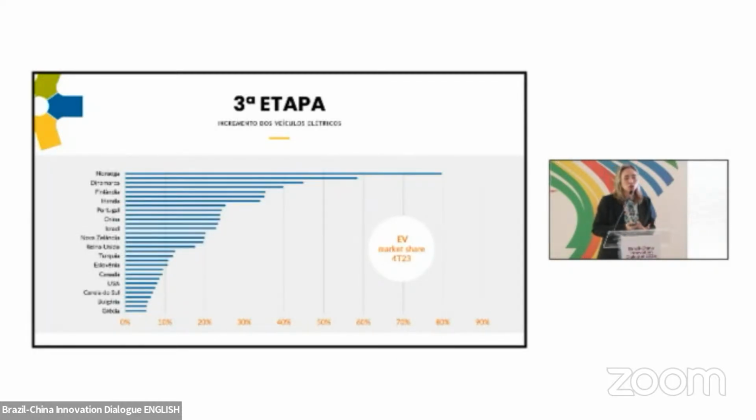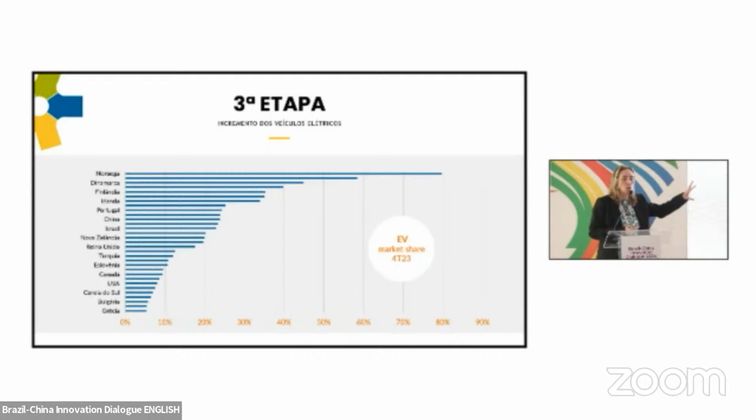And now another one that is very critical for us to understand is the penetration of electric vehicles in the countries. So we have here a highlight: the percentage of sales of electric vehicles in different countries, as we have different realities. We have Norway today, with 80% of sales being electric ones, and 20% not. Different from other countries, even from Brazil. In Brazil, we still have a lower number because of our matrix with biofuel.